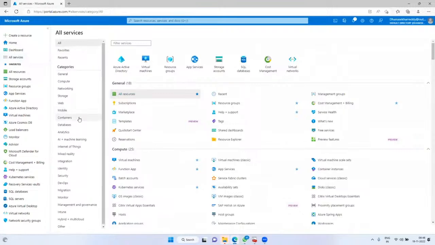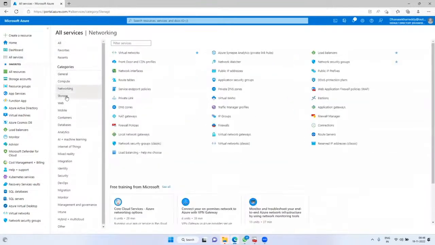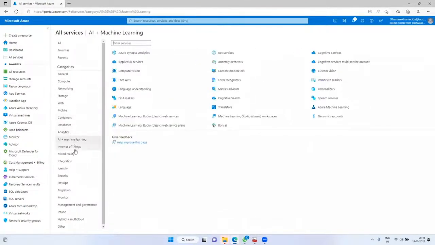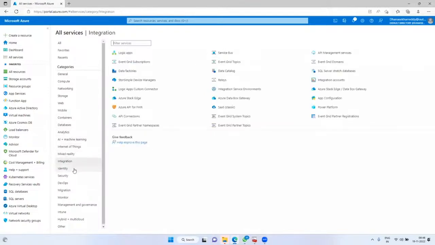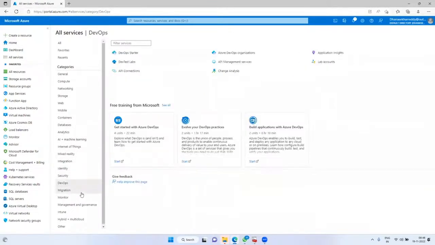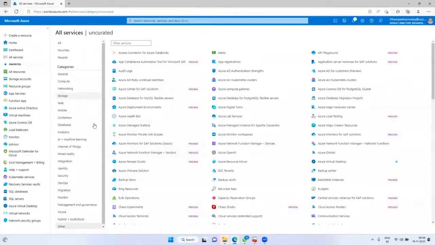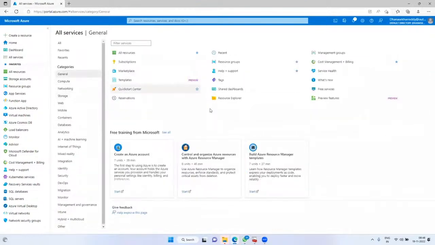Here we have different categories: general, compute, networking, storage, web, mobile, container, databases, analytics, Internet of Things, mixed reality, integration, security, DevOps, migration, monitor, Intune, hybrid, others. Many things are there. Once a required service has been created, those services would be placed in one location. I will show you where it is. Okay, the second option is completed.